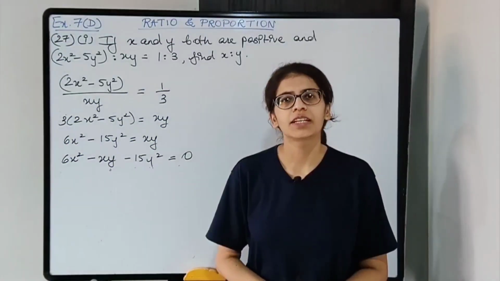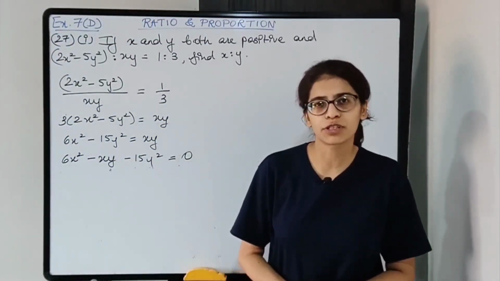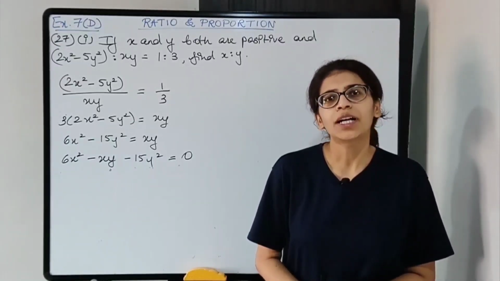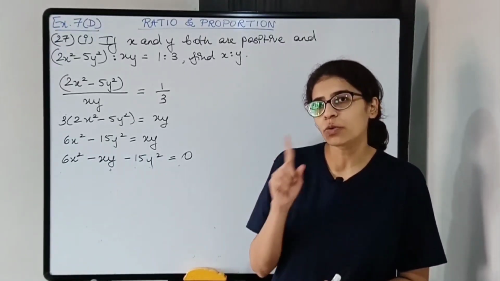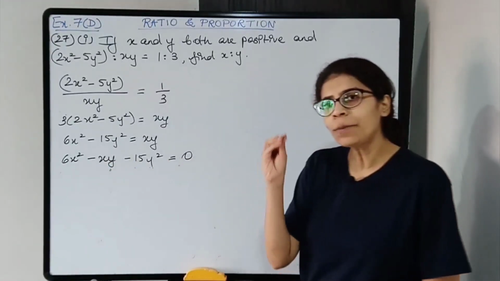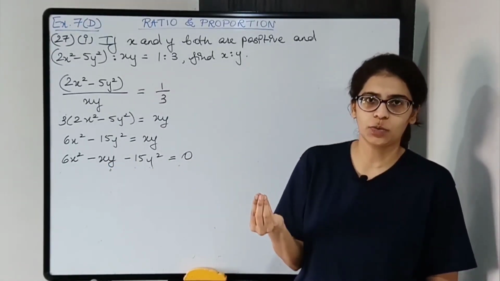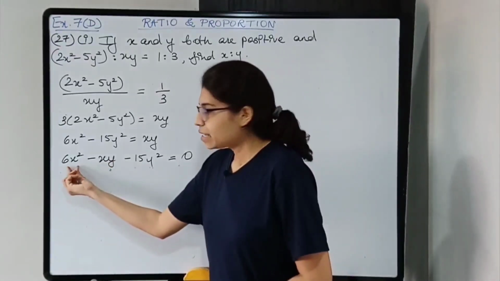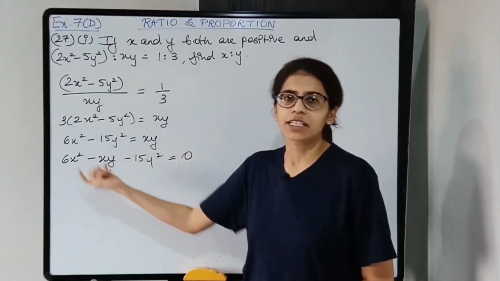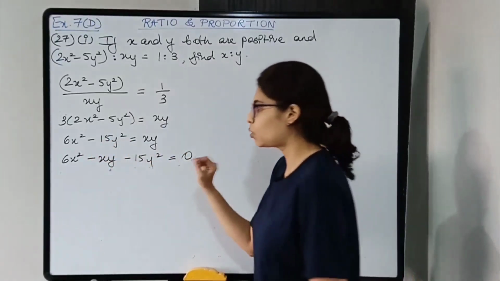ठीक है. The other method that we can use is substitution. So again you will be using quadratic equation method only, but you will substitute. You will consider only one variable. Okay. यहाँ पे we have two variables. So how can you make it one variable वाला equation? X square है, y square है and xy है. What you will do? Divide by y square. Divide by y square throughout.